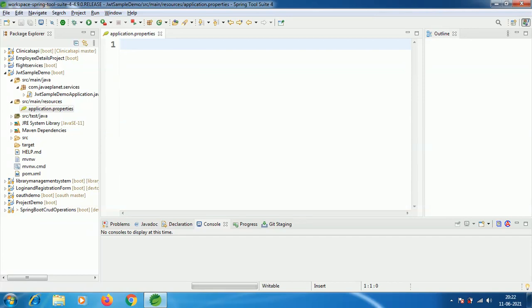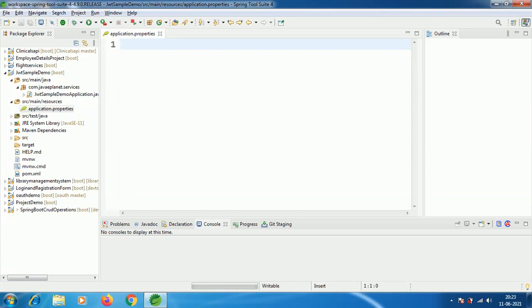The @Qualifier annotation is used to resolve the autowiring conflict when there are multiple beans of the same type. If there is more than one instance available for an injection point, then we can use the @Qualifier annotation to resolve the ambiguity problem. Let me discuss an example about the @Qualifier annotation.